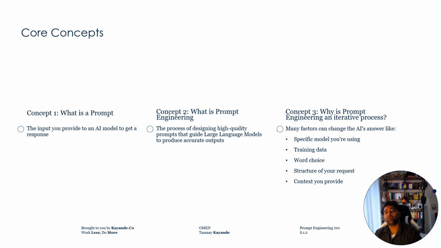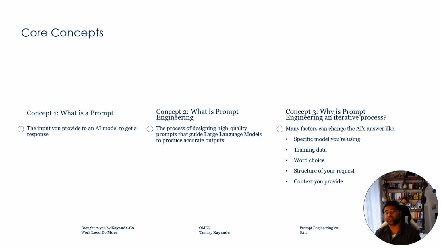So let's start with the absolute basic. What is a prompt? In the simplest terms, a prompt is the input you provide to an AI model to get the response. Think of it as an instruction, the question, or the starting text you can give the model. This input can be a simple text question, but it can also include other things like images, and that's what gets into different modes of inputs. We won't get into that right now. Now, while anyone can write a basic prompt, getting a high-quality response requires a bit more effort. And that brings us to our second concept.